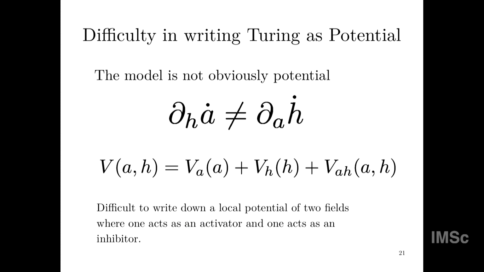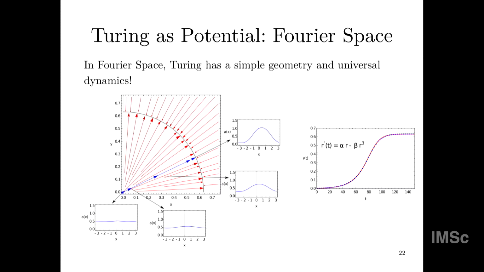So we thought about this for some time and realized that actually it's much easier to think about these Turing patterns in Fourier space. And in Fourier space, what's happening in these Turing patterns is that you have a homogeneous state, and in the homogeneous state there are some unstable modes. And again, this is part of a classic exercise if you work out what Turing was doing, that there's a dispersion relation and there are a few modes that are unstable. And so in Fourier space, instead of thinking about it in the original space, can I think about the geometry in Fourier space? It turns out the geometry in Fourier space is much simpler to think about, and